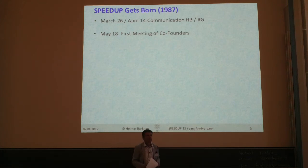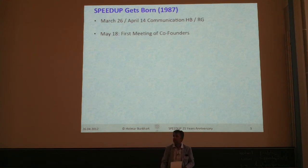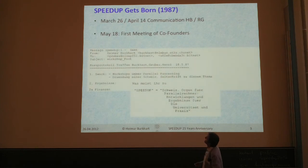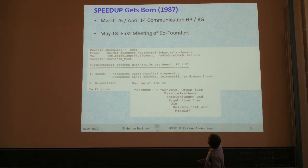And that was a positive answer. And then we said, Lausanne, I was in Zurich at that time, we need someone from Bern, and that was Roland Hensi who filled that part. And that was then the first protocol already sent out by email from JUNet to BitNet, and U02i, that was